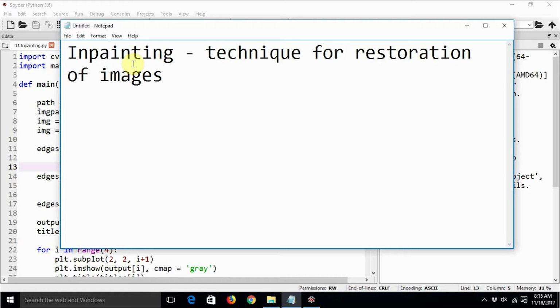So we are going to have a look at one restoration technique which is provided by OpenCV. That technique is known as inpainting. It is based on two scientific papers published in scientific journals, and they help us to restore a certain kind of damage.